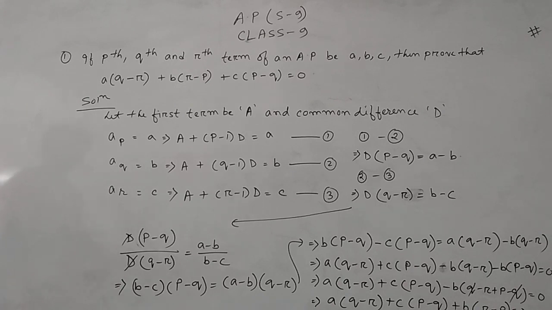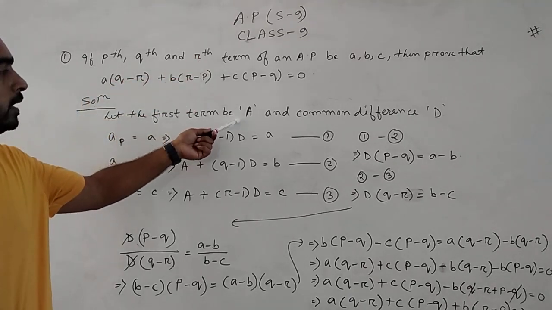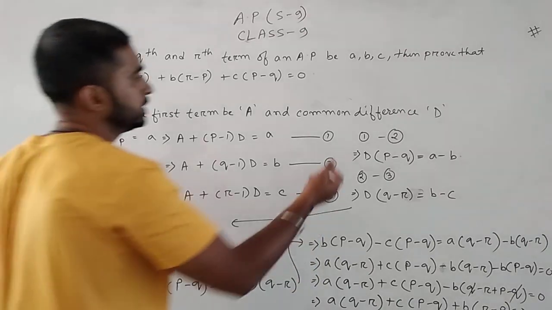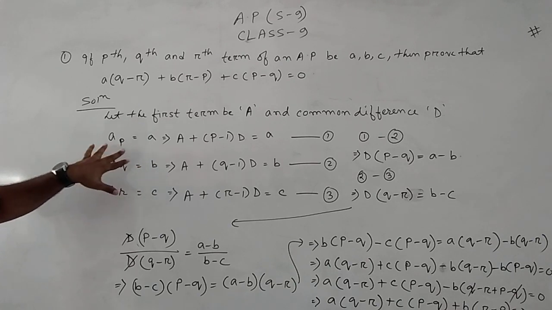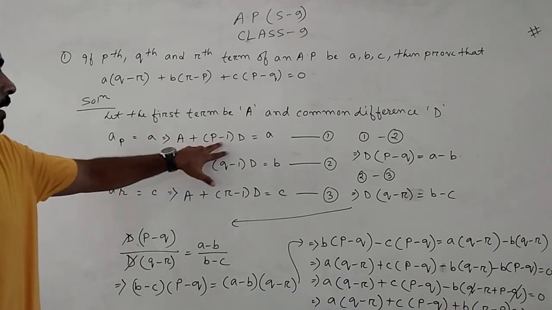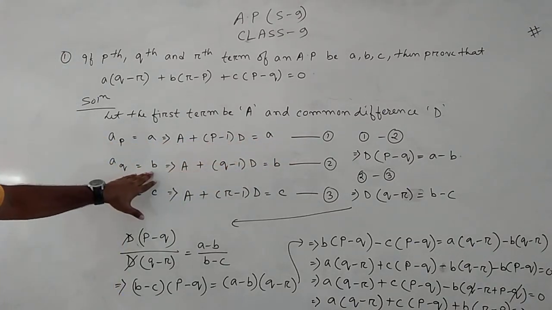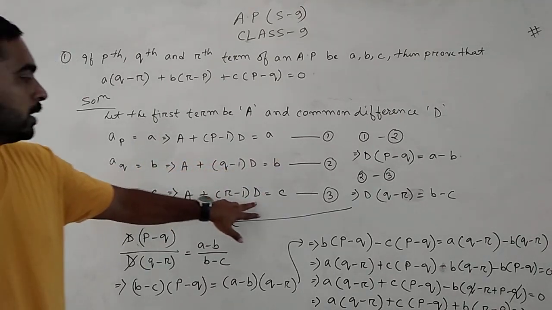So in AP, for a few of the questions there are specific methods by which we can solve them to get the answer easily. So here first, as the pth term is given small a, I consider first term equal to capital A, and common difference capital D, or I can consider common difference by small d also. Both are same, doesn't matter. Then A_p means pth term formula A plus p minus 1 d equal small a, equation number 1. A_q equal to b, A plus q minus 1 d equal to b, A_r equal to c, A plus r minus 1 d equal to c.